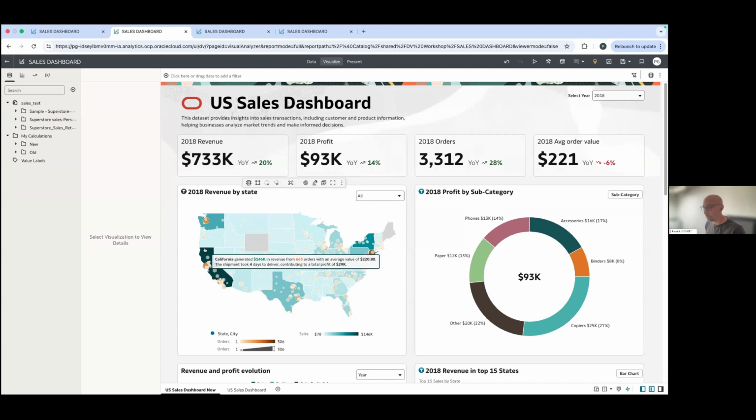But then I'm adding more insights. So the average value of an order is $220. The shipment took 4 days to deliver, and the total profit was